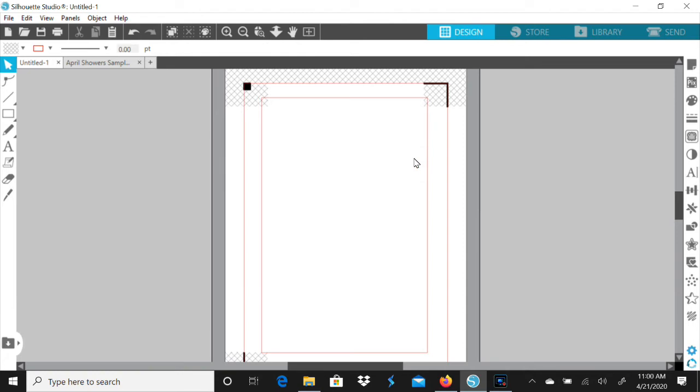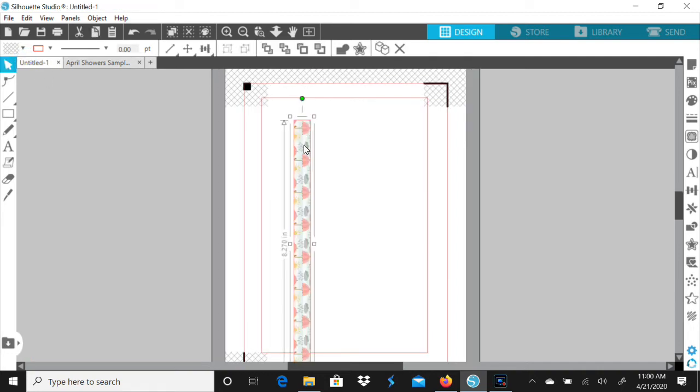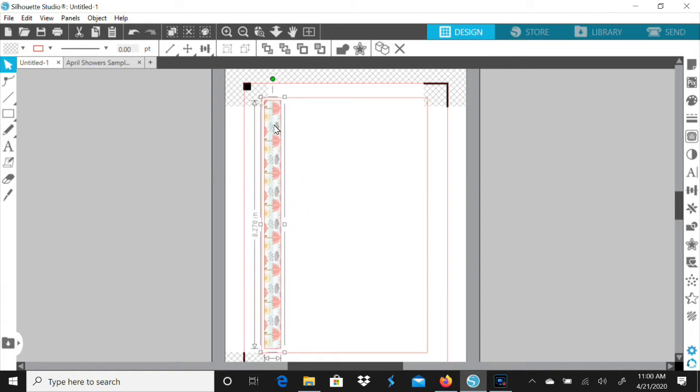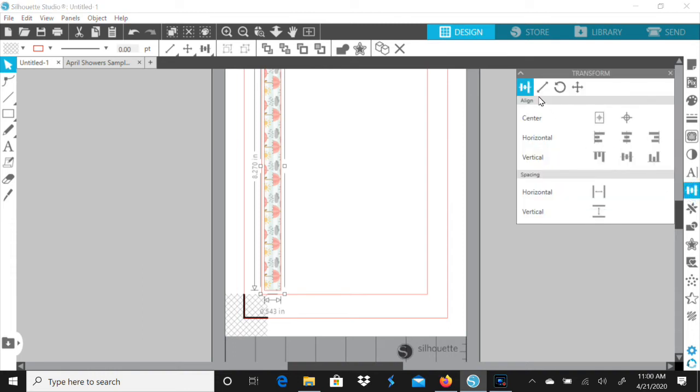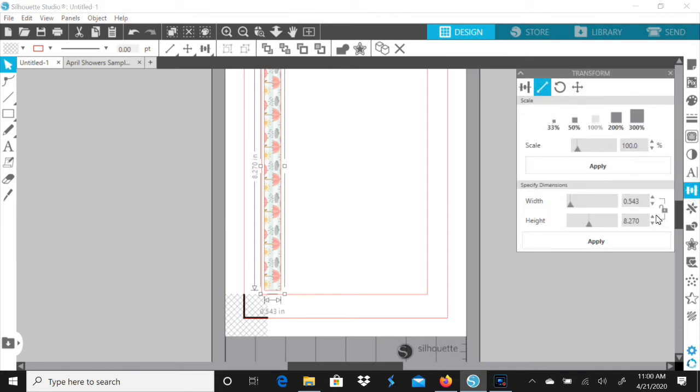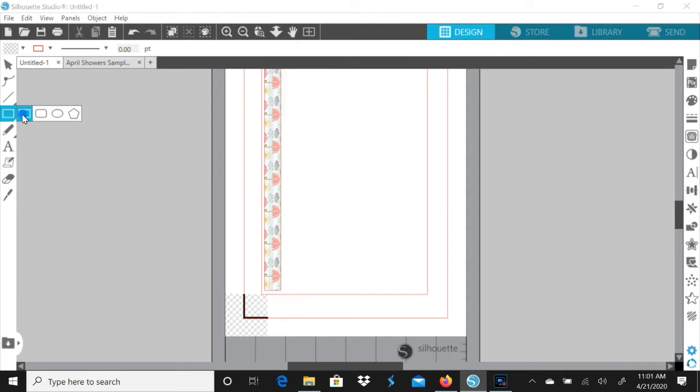The next thing we're going to do is make these washi strips. So I'm just going to go ahead and copy that and then paste it over. Now for the washi strips, I do 8.2 for the height and 0.543, so it's almost like a 1/4 inch or 1/2 inch for the width. So the same thing, you would go to the transform panel, click here, and then type in those measurements to get that length. You could create your own washi strip by doing the rectangle and then going here and doing,